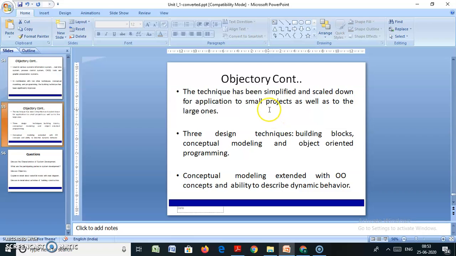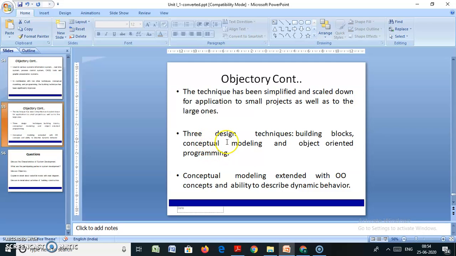The object tree technique has been simplified and scaled down for application. Based on the application, we can scale it down or up. If it is a small project, we can scale down the object tree method. If it is a large project, we can scale up the object tree method.